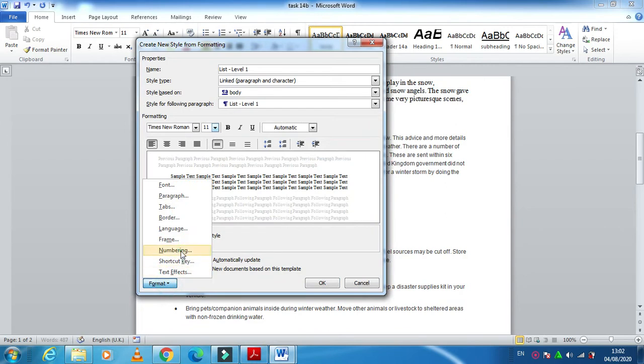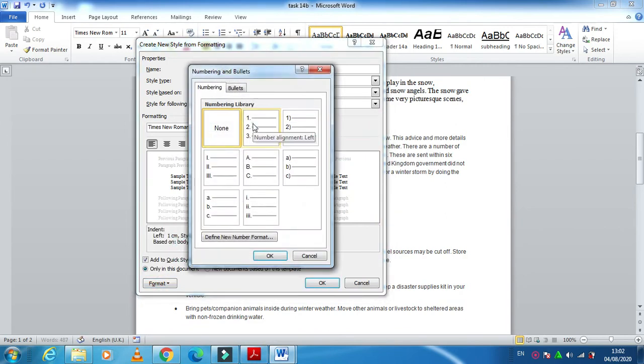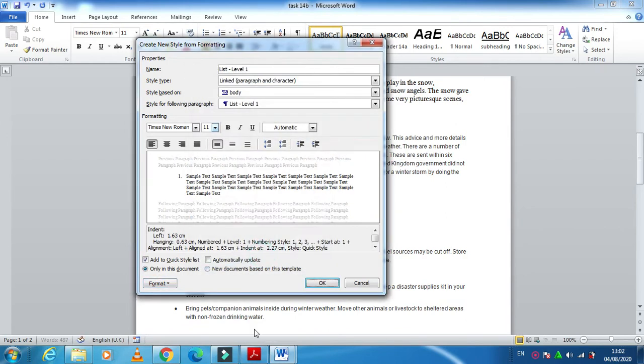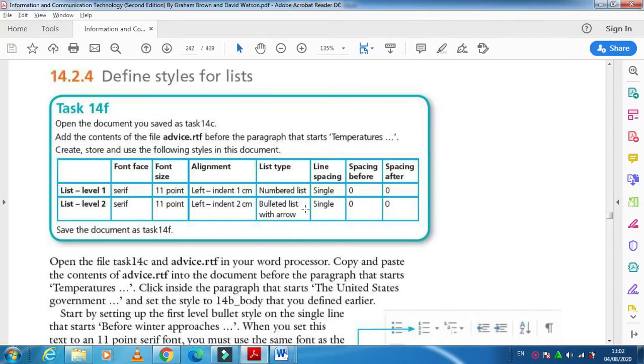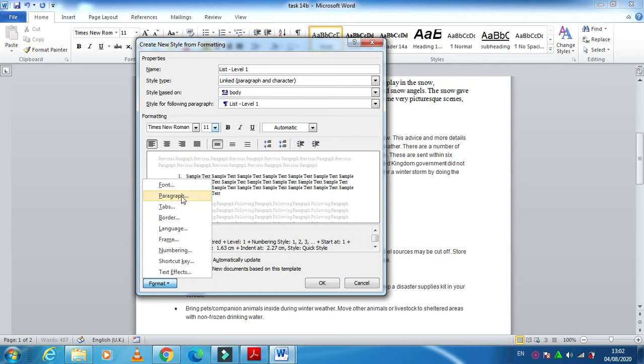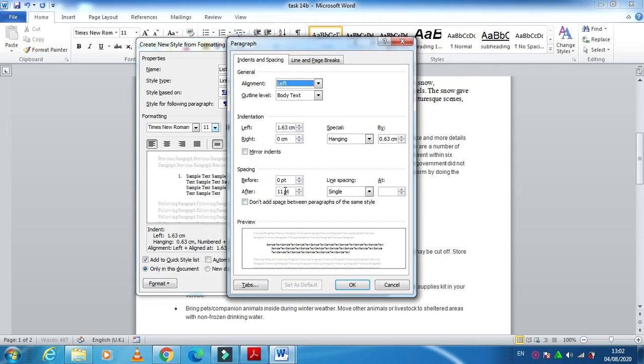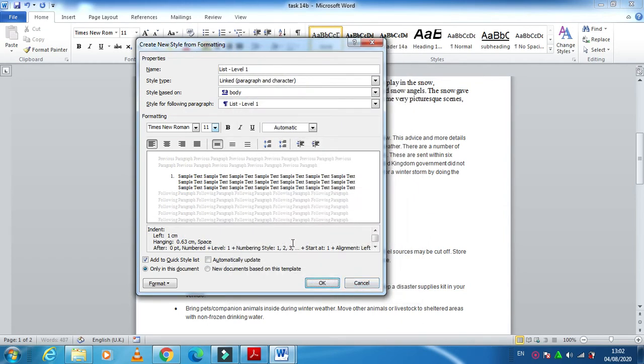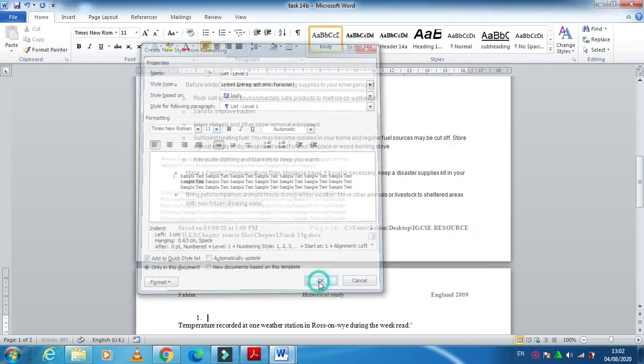So format numbering, I'm going to choose this one as a numbered list, and then they ask us to have single line spacing and before and after 0 spacing. Just click on OK, but as I told you earlier, it must be 1 centimeter only. That is done, and then just click on OK.